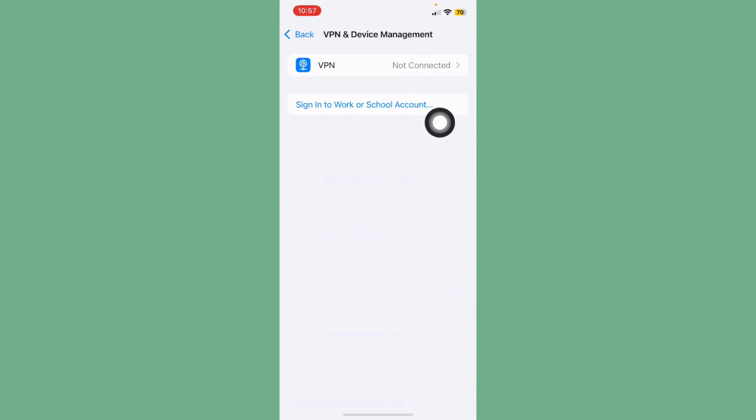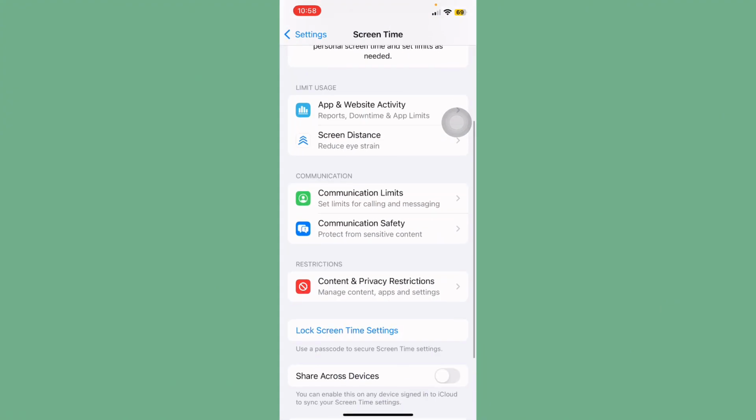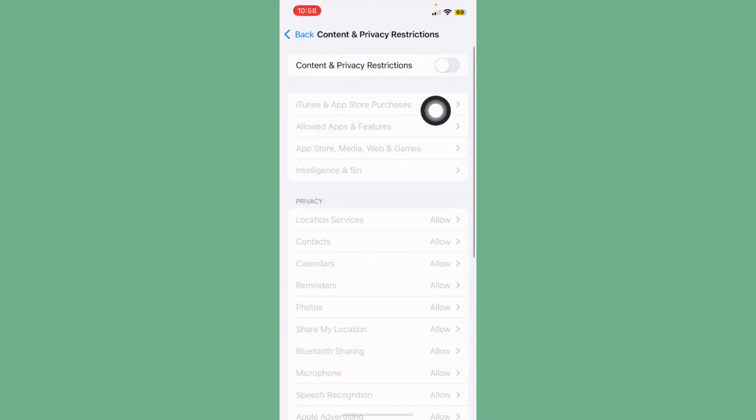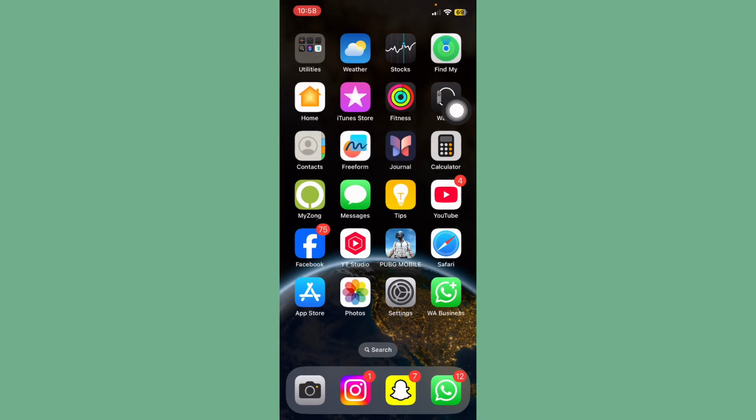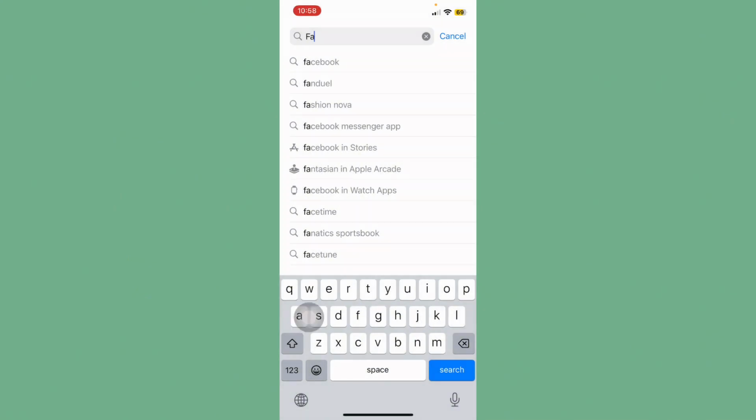After this, tap on VPN and Device Management and check if any VPN is connected. Turn off VPN. Scroll down, tap on Screen Time, tap on Content and Privacy Restrictions and turn off this. If it's turned on, first of all, turn off. After this, open App Store and search here Facebook